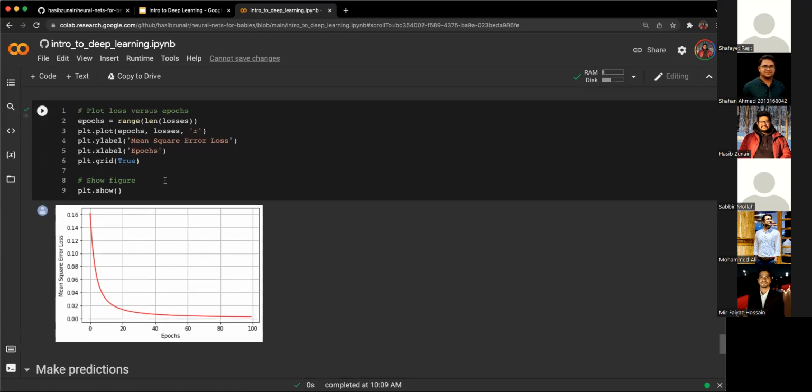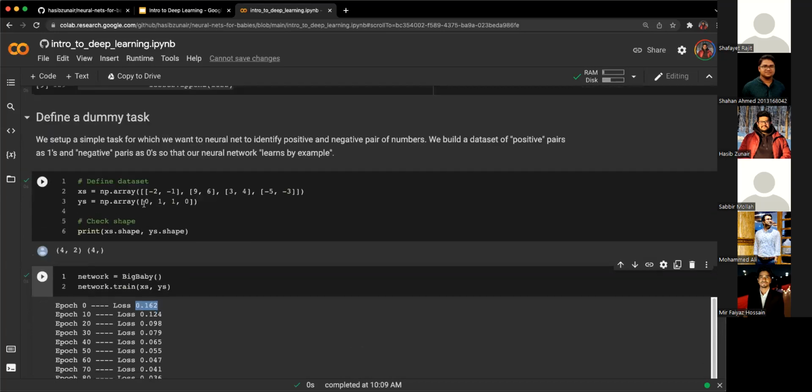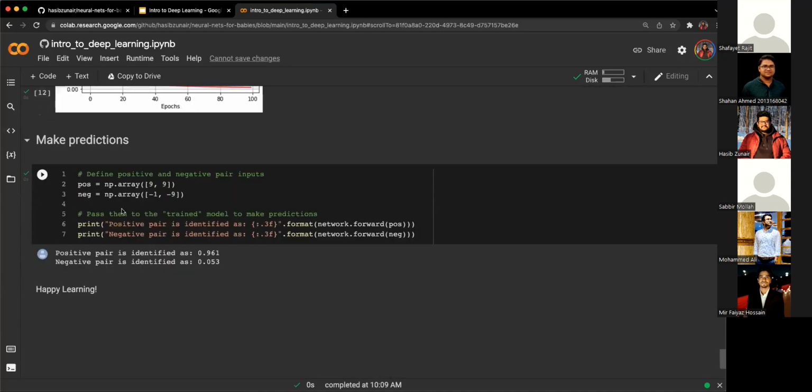If you also look at the graph, this is the loss graph. We want to see how our network is learning as we iterate over the data. You can see that the loss is really minimum at this point. This represents that your network is learning the desired task, or fitting this data point, which is this one over here. Now after we have trained the model, we want to do predictions out of it.